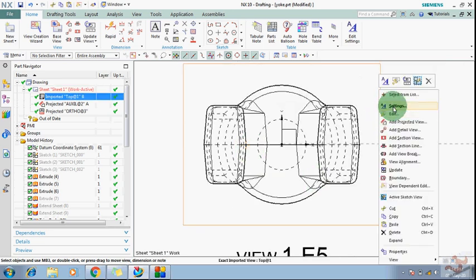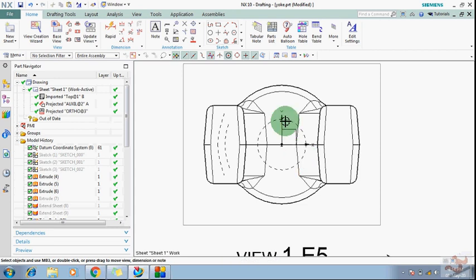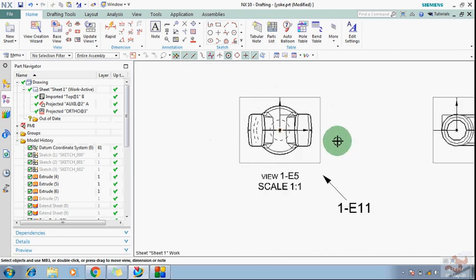Just go to the settings and hidden lines, then check this box, show referenced edge only. After that just click ok. Now you can see only the required lines are visible, and all other hidden lines have been removed from this view. So this is the way I can show only the references which I want to keep.